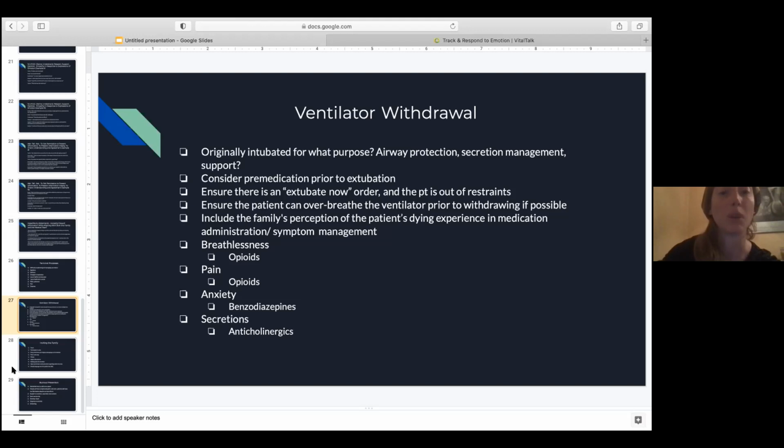However, we want to make sure that they're able to overbreathe the ventilator prior to withdrawing, because obviously if they're riding the ventilator 100% and then we pull their tube, then we may have done a little bit more than we intended to. So make sure you've got your extubate now order, patients out of restraints, and pre-medicate them, make sure they look pretty comfortable. And then, we often give benzos and opioids and some anticholinergics for secretions,